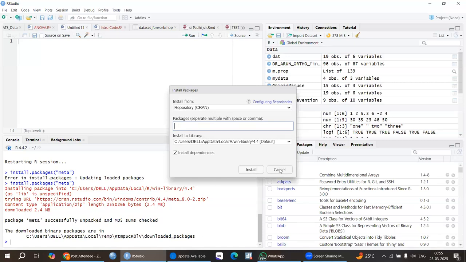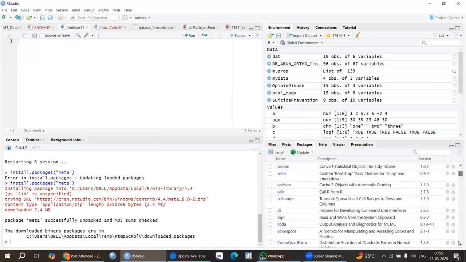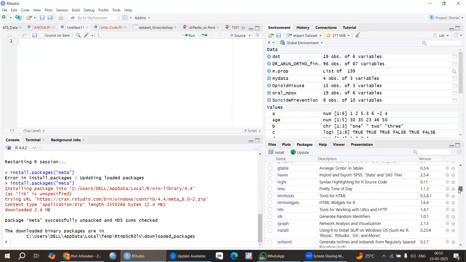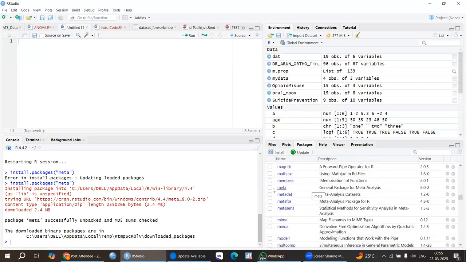And after that, when you see here, this meta package will come here. In your RStudio, you can go from here to Packages and then Install, install packages. Otherwise, what we can do here,